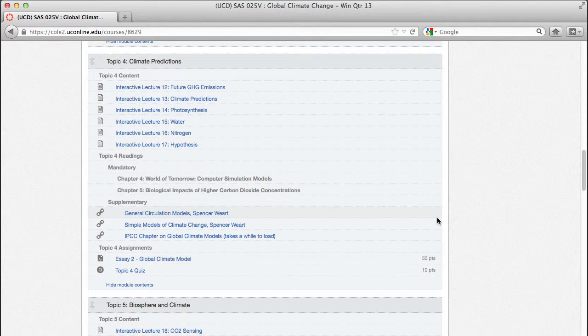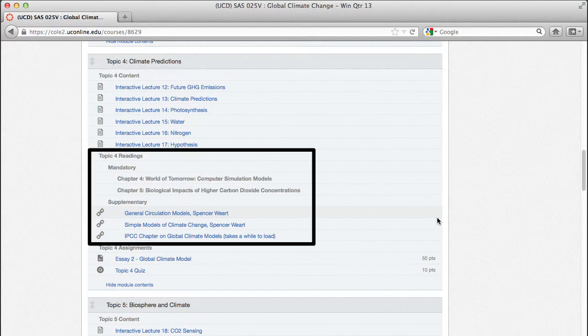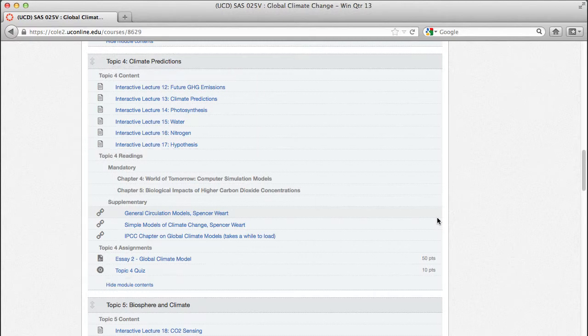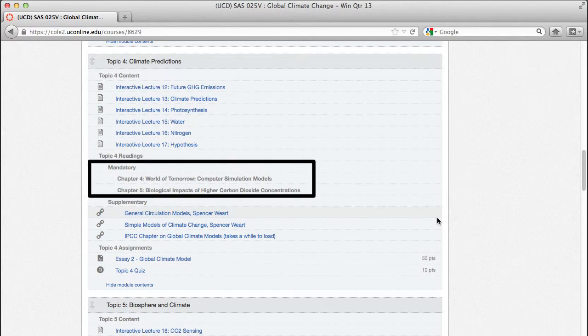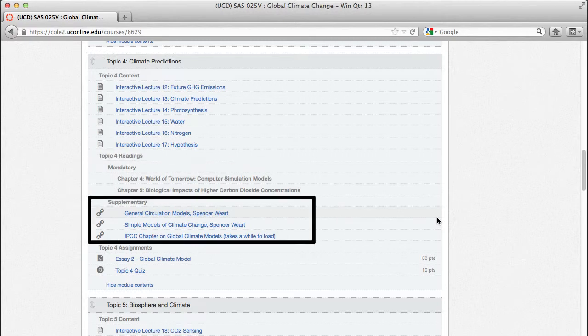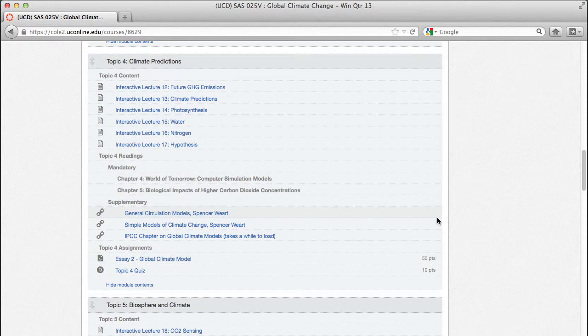As you can see, each topic module is divided up into 3 areas: content, readings, and assignments. Let's discuss the 2 latter areas first. The readings area will let you know which chapters you should be reading in your textbook. There are also supplemental readings, which, although aren't required, will help reinforce what you're learning each week. Generally, these are short, interesting articles.